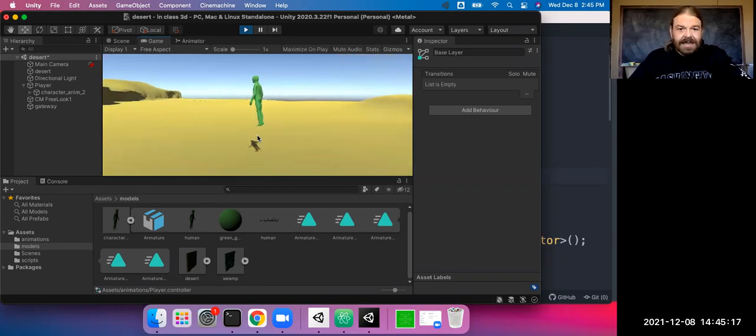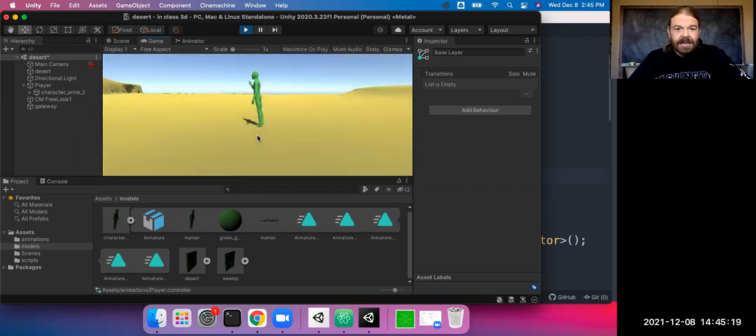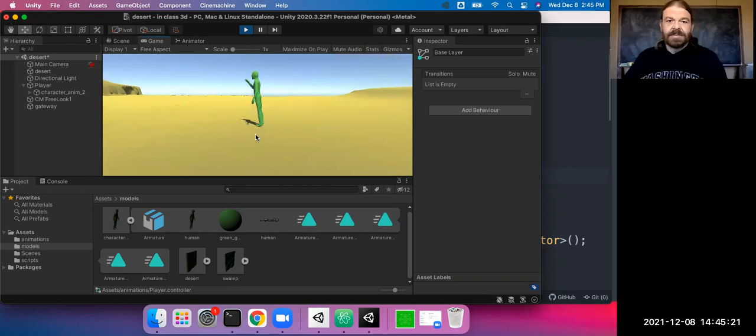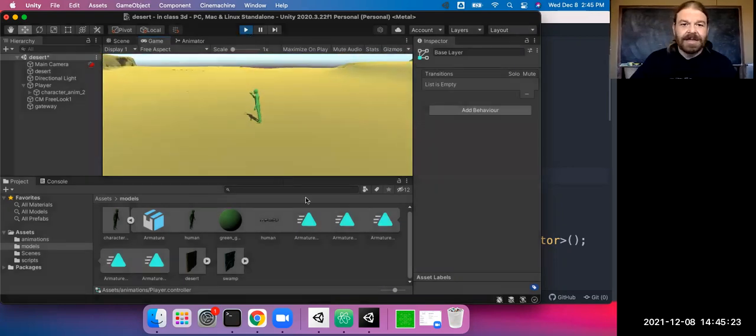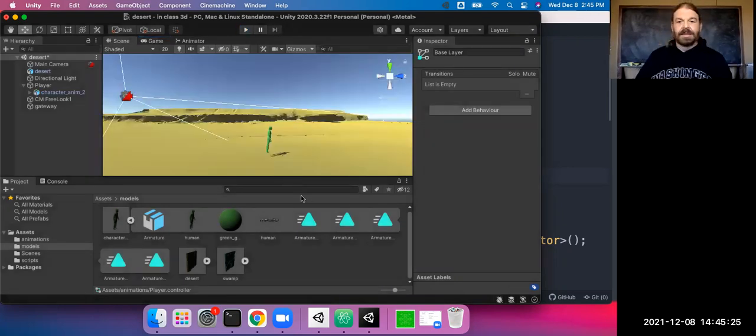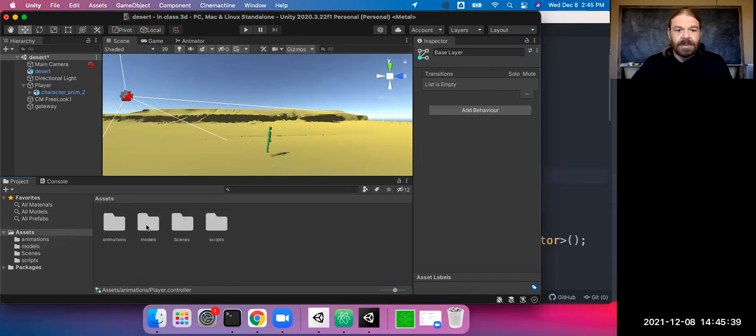But there's this thing. That seems like kind of a bug, right? I have no idea how the character started leaning forward like that, but should be okay. We're going to deal with that flying thing, but before we do that, we also created that